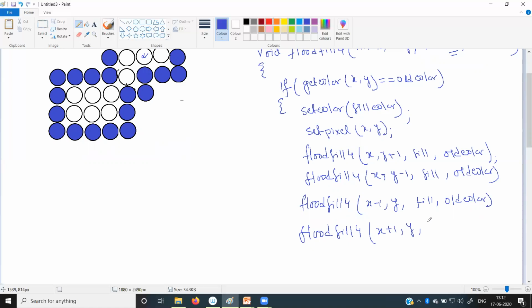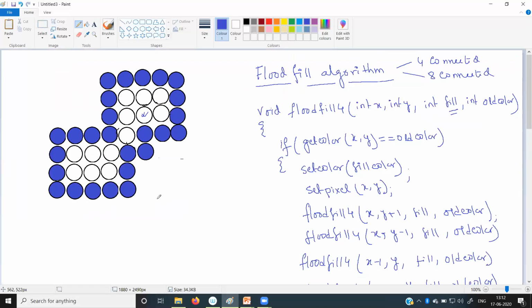Those are the coordinates of the four nearest neighbor pixels of x, y. If x, y is the pixel which needs to be colored by the desired filling color, then the coordinates of the four nearest pixels are those. In this way, we can color it.